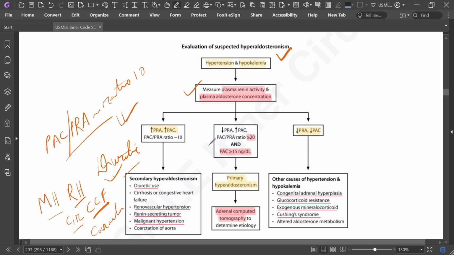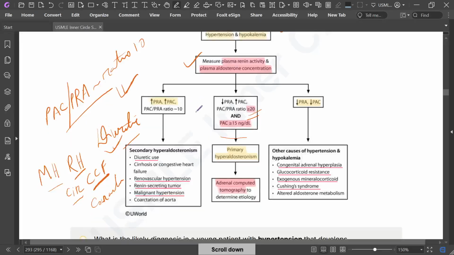For primary hyperaldosteronism, plasma aldosterone would be high and plasma renin would be low, the plasma aldosterone to renin ratio would be more than 20, and plasma aldosterone concentration should be more than 15. This is primary hyperaldosteronism. Adrenal CT is done to determine the etiology. If both are low, renin low and aldosterone low, it may be